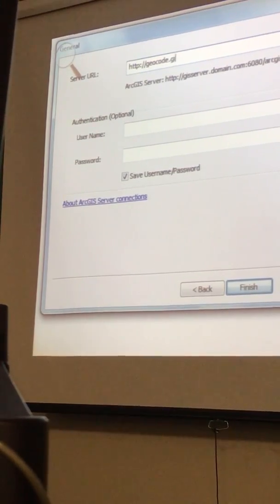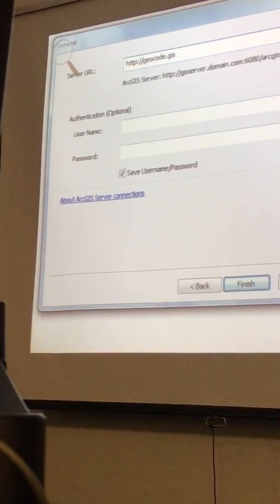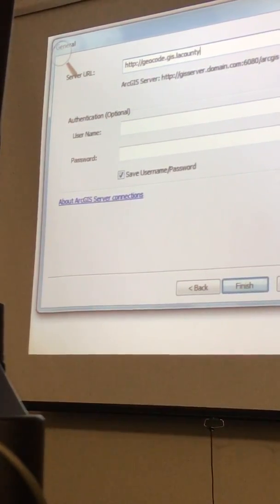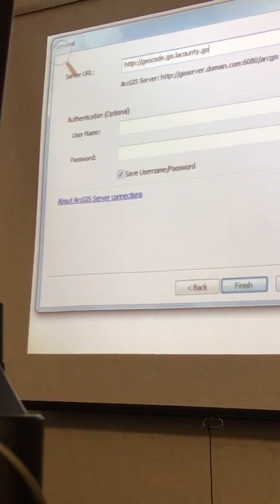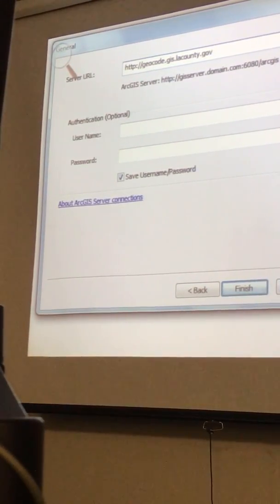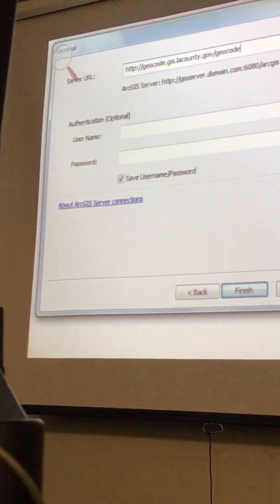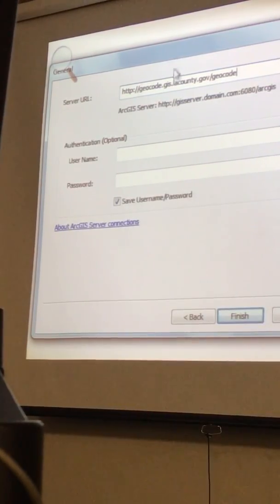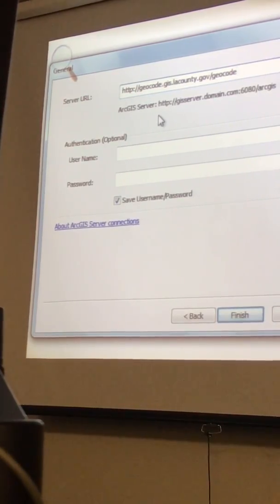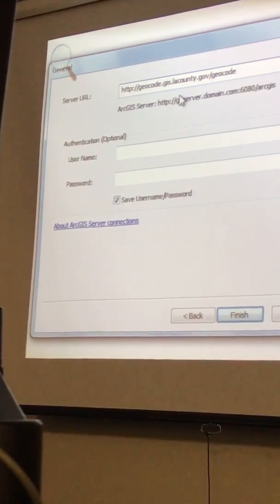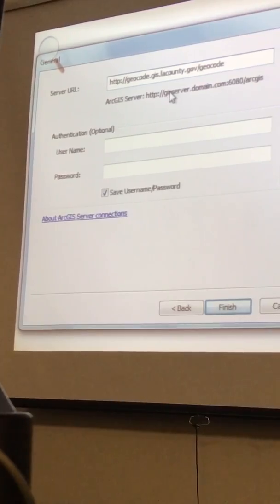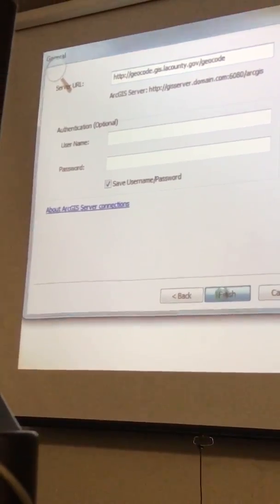geocode.gis.lacounty.gov/geocode. Okay, geocode.gis.lacounty.gov/geocode. Select finish,